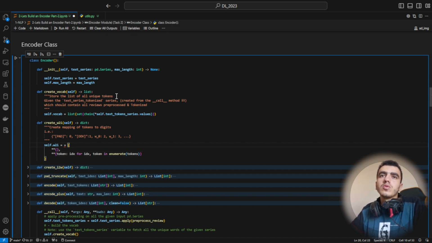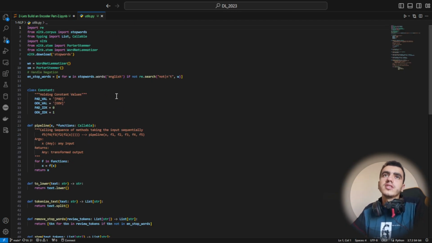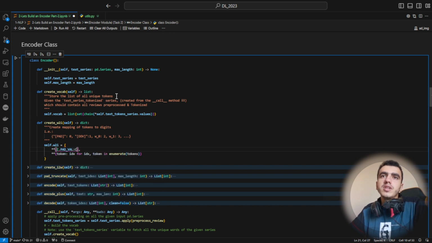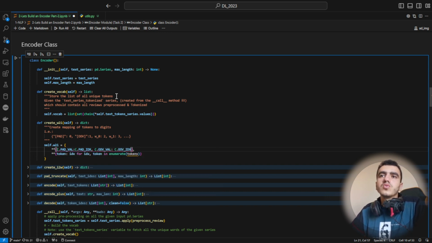So what we will be adding here is this part. First we have a module called constant inside this utilized helper method. Constant here will have the padding value and the OOV, out of vocab value, and the padding index and out of vocab index. We'll be using this here. The padding value will be mapping to the padding index, and the OOV value will be mapping to the OOV index. And we will be enumerating across the vocab